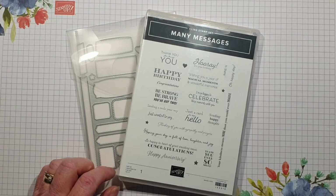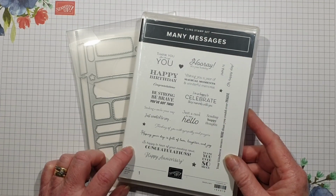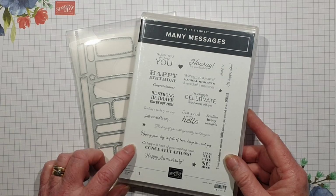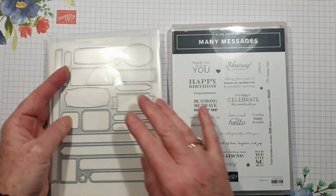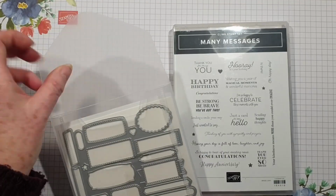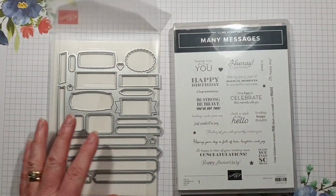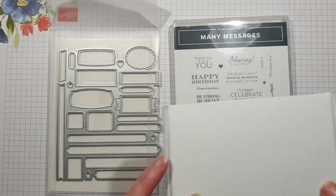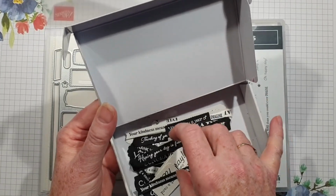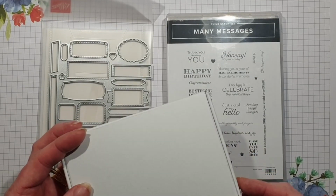I'm coming on to show you this stamp set. It's called Many Messages. It's in the new mini catalogue and I love it because it comes as a bundle with the messages dies, and this die cuts out all of these in one go. And I have already got some in black with white heat embossing. I've done them in white just with Memento, and I'm going to show you how I do them with gold